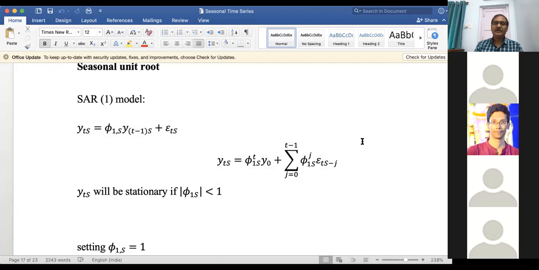And using the method of induction we used in the last class, ultimately we get the general solution of yts in this form: yts is equal to phi 1s to the power t y naught plus the sum of phi 1s to the power j epsilon t minus